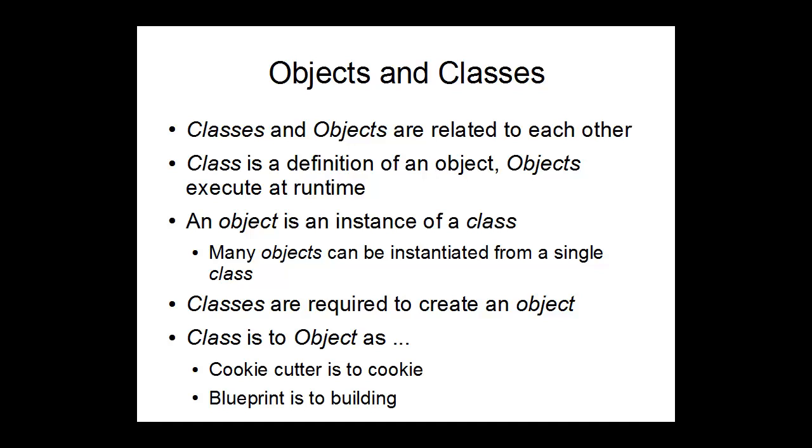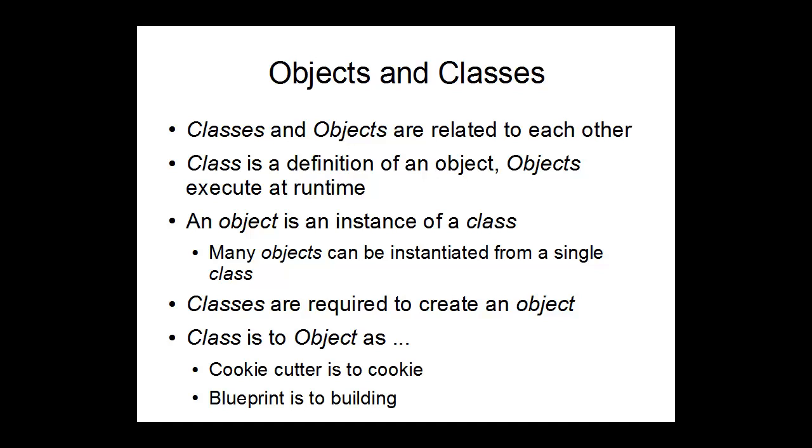You define a class first, and that provides a definition of an object. The objects are the things that run when your program runs. They're created in memory, and they execute. An object is an instance of a class. You can instantiate as many objects as you want from a single class, but you need the class first. So when you write your program, you build classes, and then when you run your program, objects are created and